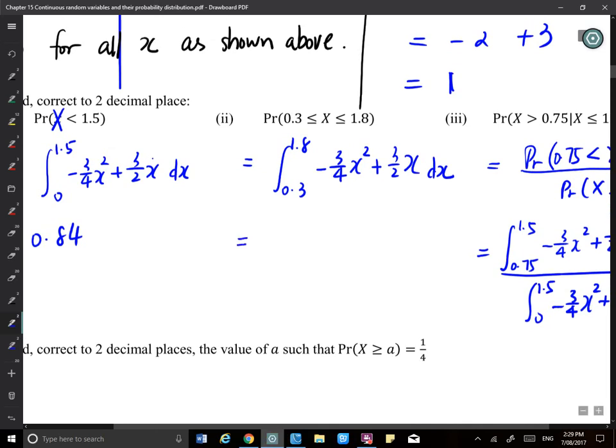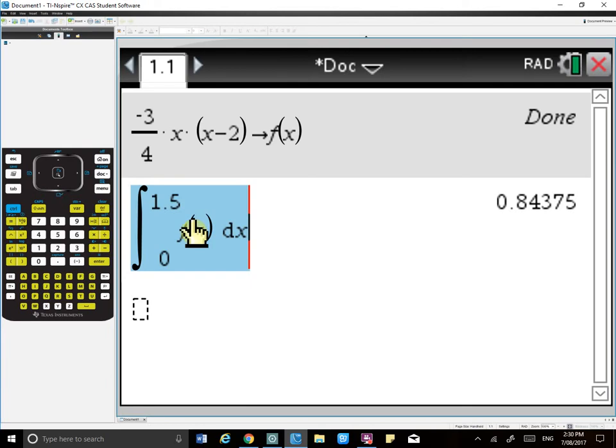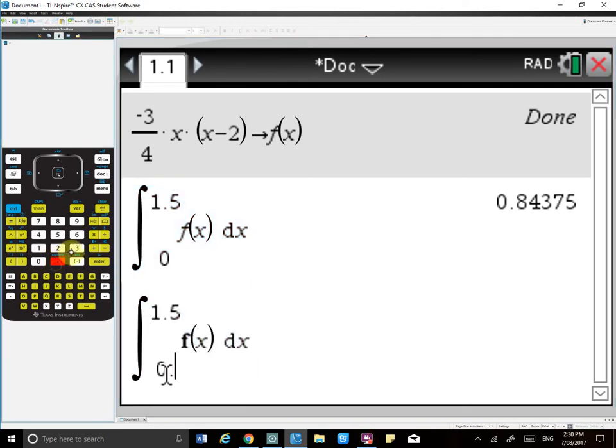Be aware of that, like your value must be less than 1. Okay, if anytime you just do something wrong and get a value greater than 1, you need to be aware of that. You see like there's something wrong. Do not just copy down whatever from your calculator. You may find some problems. Or say if you give your domain wrong, you can go over the domain and you have area greater than 1, and you will realize, okay, I may do something wrong here, and then you need to go back to check. So what we have here, I will just copy that thing down, and I have 0.3 and 1.8,